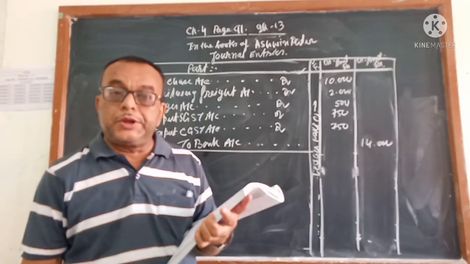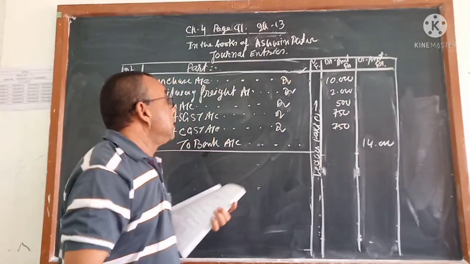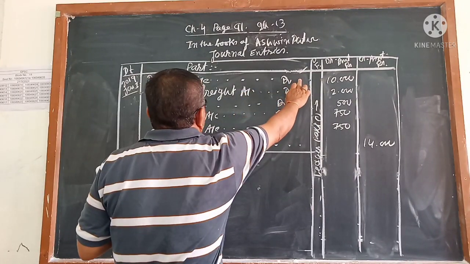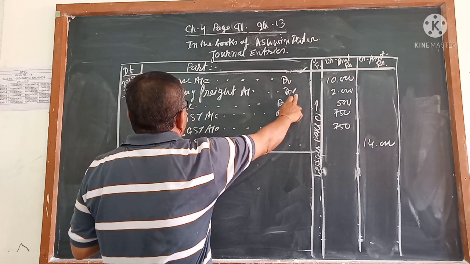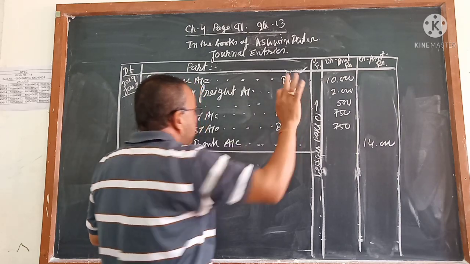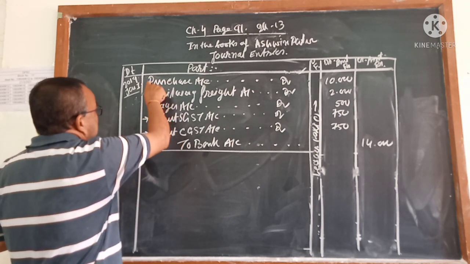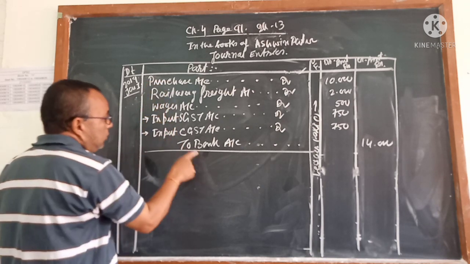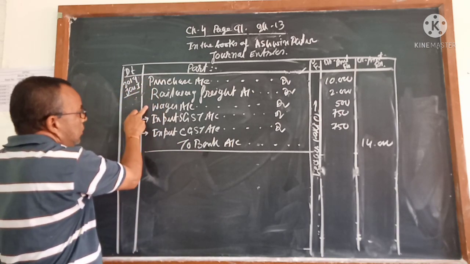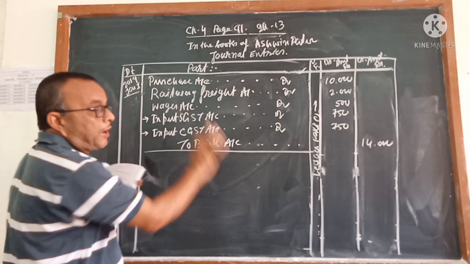Once again I want to explain it, try to understand. Let you understand one or two questions, but it should be clear. 10,000 goods, all our cash transactions. 10,000 goods you have purchased, and for that you paid railway freight, and for that you paid wages. So purchase account debit, railway freight account debit, wages account debit. Suppose GST is not there, then these two cannot come. So purchase account debit, railway freight account debit, wages account debit to bank. Now GST has come, so purchase account debit, railway freight account debit, wages account debit, input state GST account debit, input central GST account debit to bank.